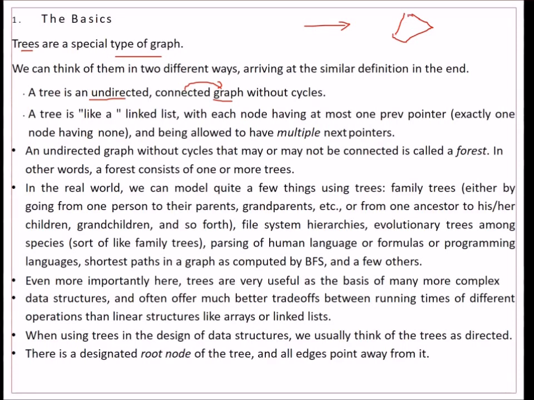surface like this. A tree is also like a linked list where each node has at most one previous pointer, which is exactly one node having none, and being allowed to have multiple next pointers. So it is also known to be a linked list where each node has at most one pointer and is allowed to have multiple next pointers. So this can be a node, this can be a node, this can be a node, this can be a node,